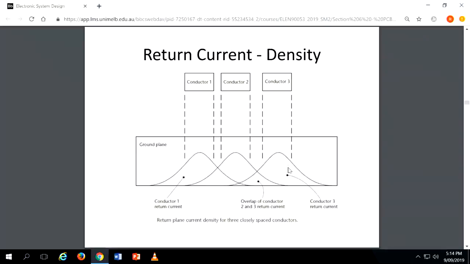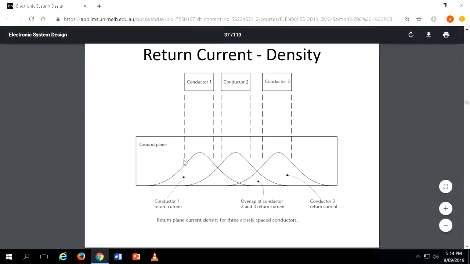Also, when you have return current in the ground plane, suppose you have so many ICs, and returns are coming to the ground plane, you have to make sure of this, because the ground plane is not static; the return means the current is flowing